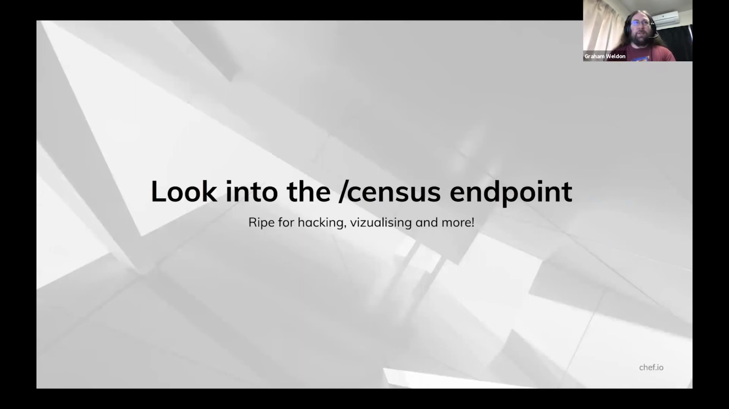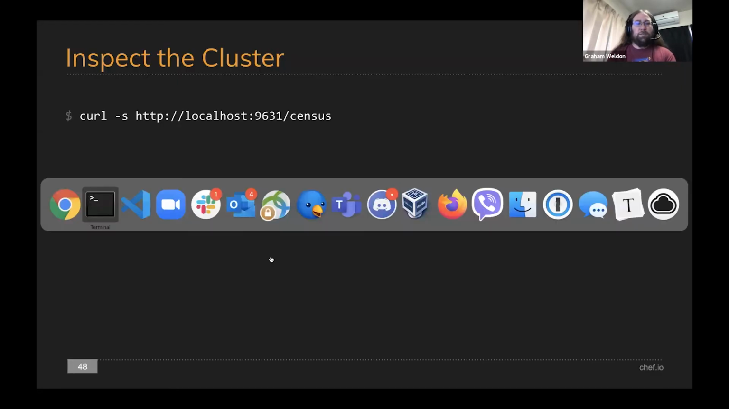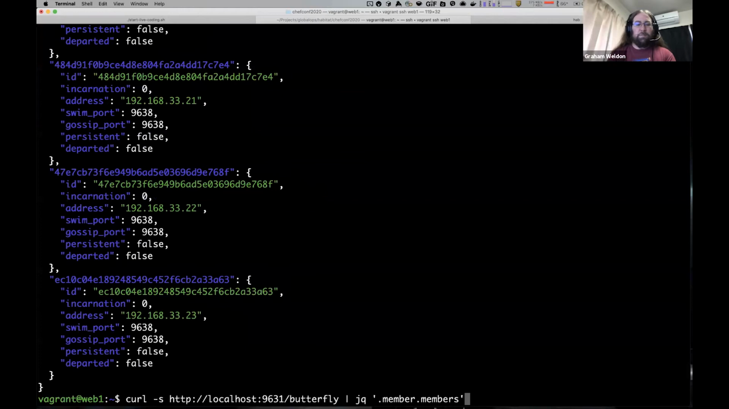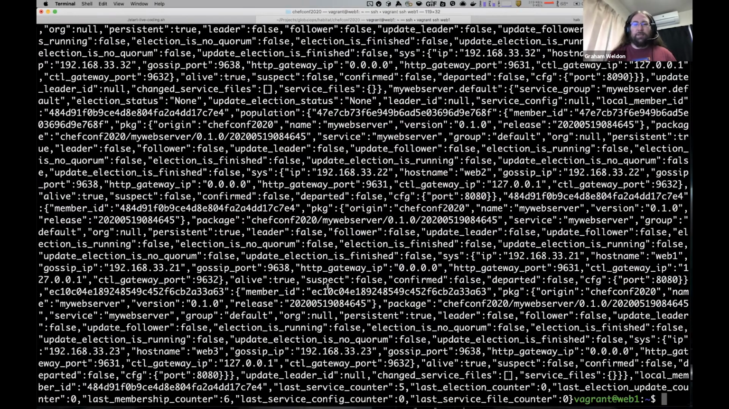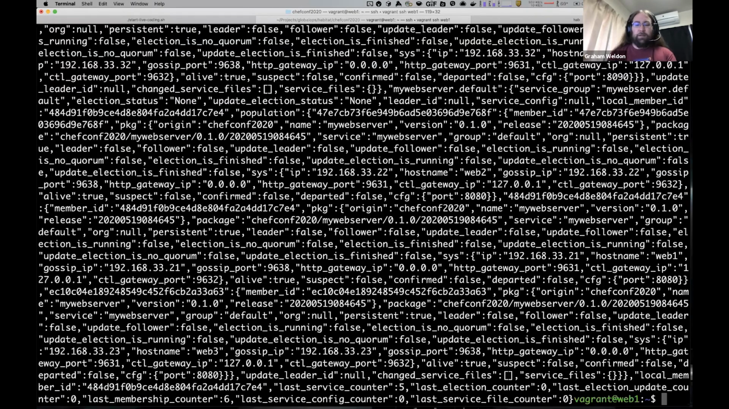Now, we've got this cluster up and running on Vagrant, so I want to take an opportunity to look further into the cluster to see what we can do with that information. Let's have a look into the census endpoint. The last one we looked at was the butterfly endpoint. So if we come back here, the census, again, you can see there's a lot of information here. If we clean this up,